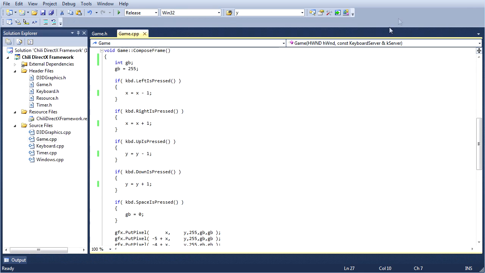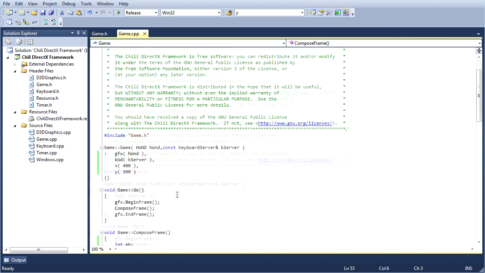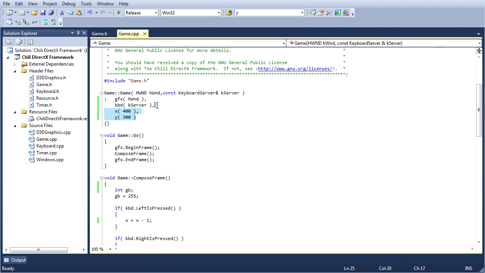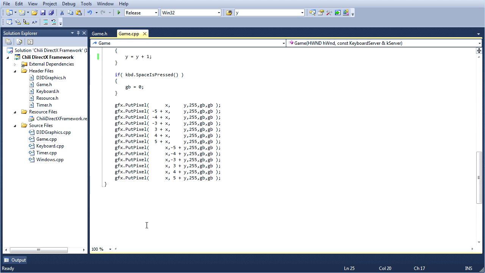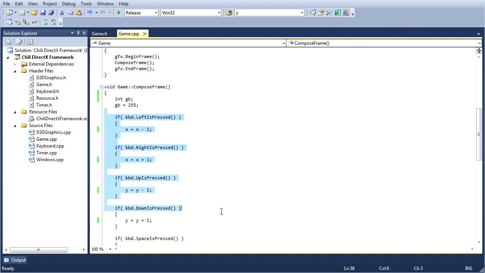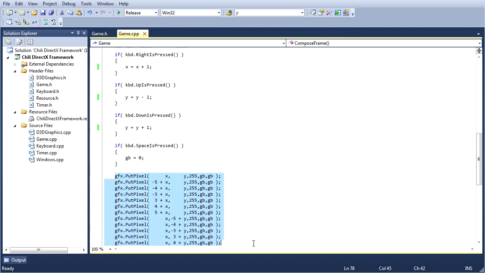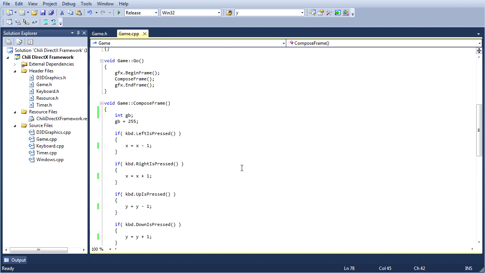Alright. So that is how that works. So we got this constructor here, and it's going to initialize our variables, and then we just update those variables depending on what keys are pressed on the keyboard, and then draw our targeting reticle. Sounds simple, and that's because it is simple. And that is today's lesson. That was it. Hope you liked it.